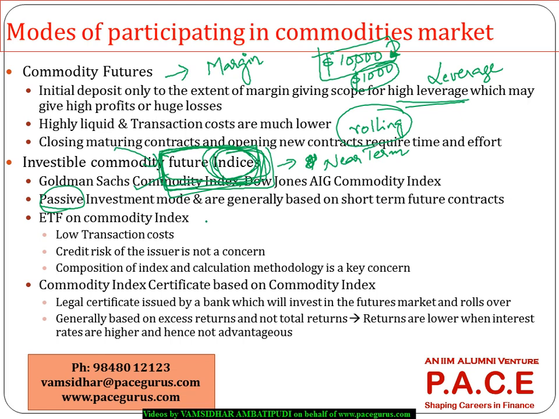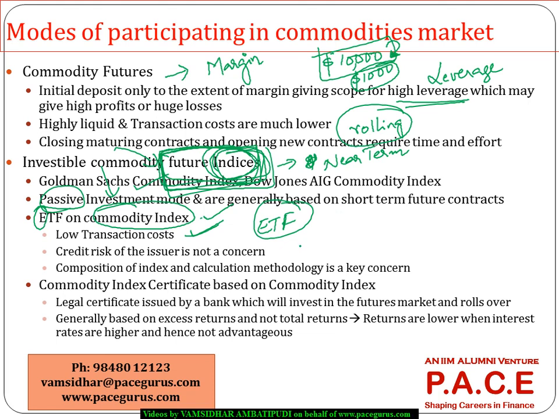There are two ways of getting into that kind of investments. There are so many ETFs based on an index, exchange traded funds. Because they are exchange traded, the risks are much lower, and they are based on a commodity index. So it's more of a passive kind of investment. The transaction costs are much lower, just like any other exchange traded fund, because it is generally a passive kind of investment tracking a commodity index.